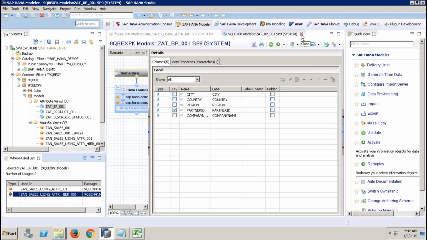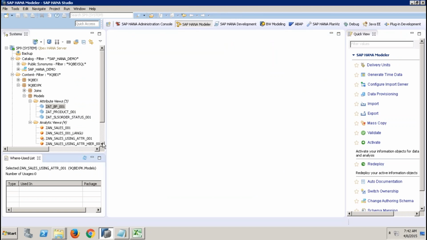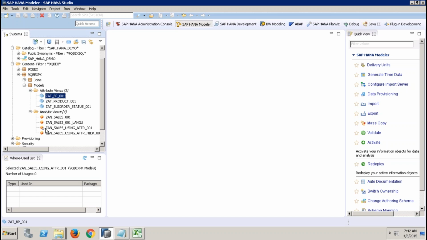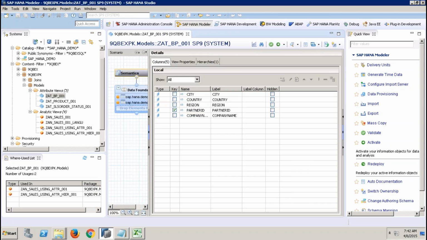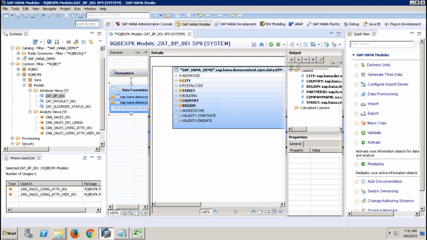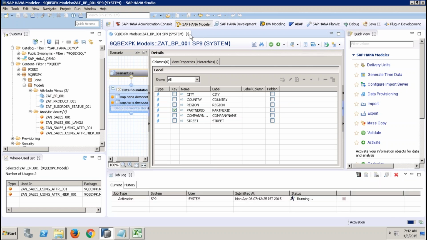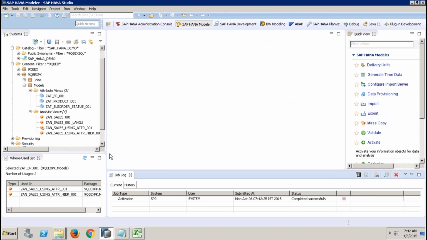One second. I'll just finish up this, so I'll show you one point. See, this is showing as inactive. That's why it does not reflect the changes. Now what I'll do, I'll go to the attribute view and try to include a new field. Let's say I want to see the street also. So I got street, and let me activate this. Now this view has been activated, but when I see where these are being used,